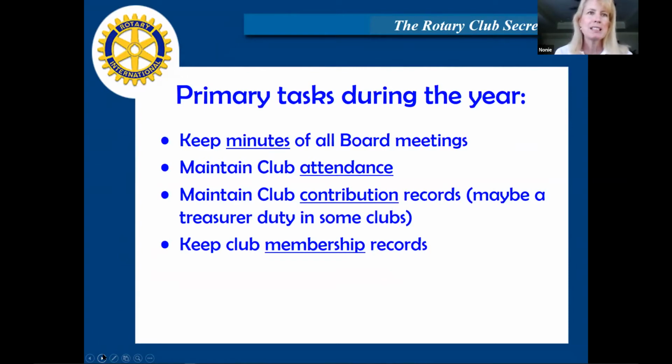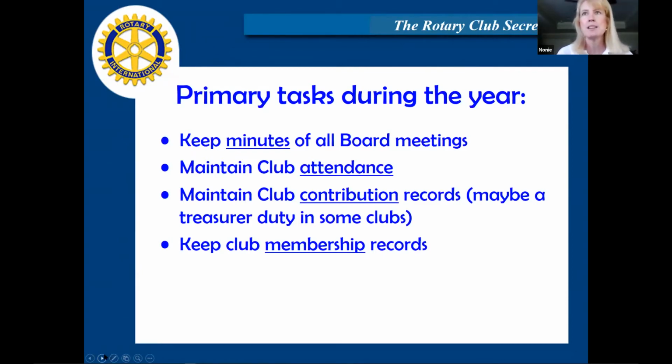You'd be surprised how many times we've gone back to our minutes. It's like, oh yeah, we said we were going to do that, or aren't you supposed to have done that, or we were going to do this. And so to have those really accurate minutes is super important for your club to just make sure you're keeping things up to date. You're doing what you said you were going to do, that kind of thing.